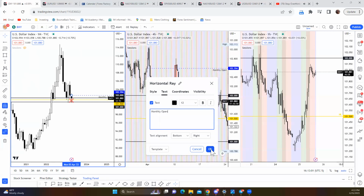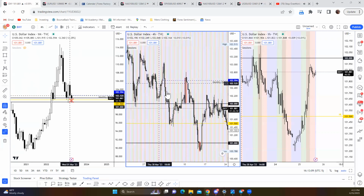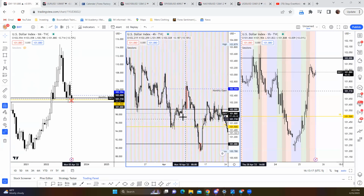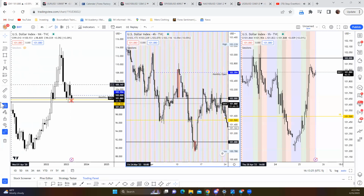All right. So as you guys can see, in the middle here, price had started off April, pushed up, and then came down and made a lower low, right? And then price retraced, mitigating above the monthly open, the monthly opening price. And then look how beautifully this came in here